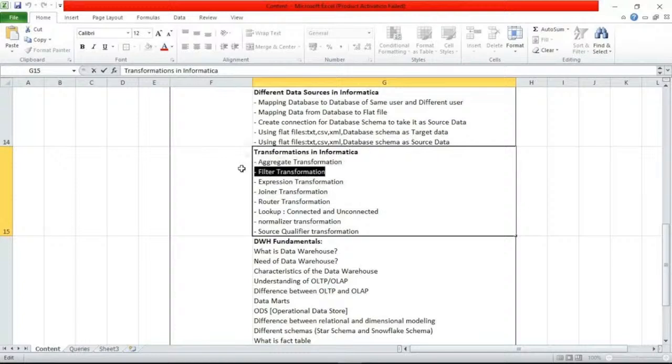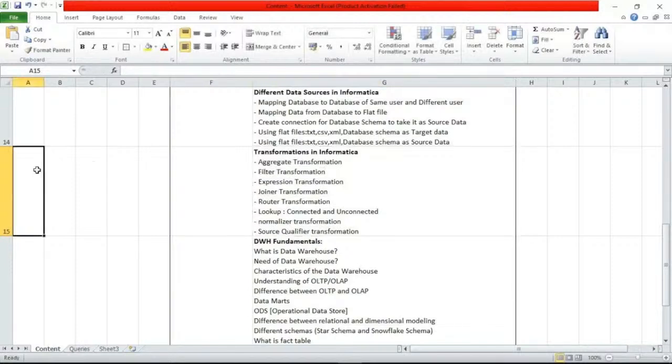Let's suppose you have a list of 10 employees on your source side, and all these 10 employees have some set of salaries, and in your target database we want only certain employees who have a certain salary. So what will we apply? A where condition, right? Where condition. So out of 10 employees, if we apply the where condition,